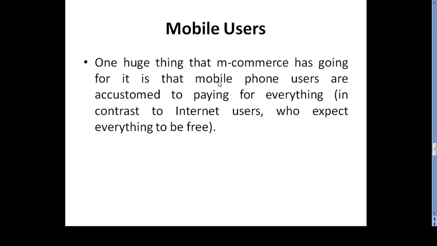So if you observe, lots of applications are available, for example gas booking, mobile recharge, then bank payment transfer, or any other services will be available on your mobile, like railway reservations, paying your light bill, all these things are available. So this is the best example of mobile users.